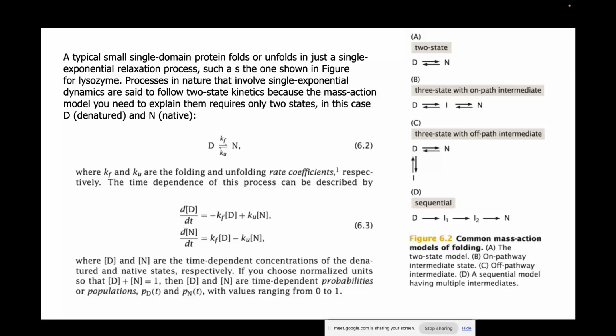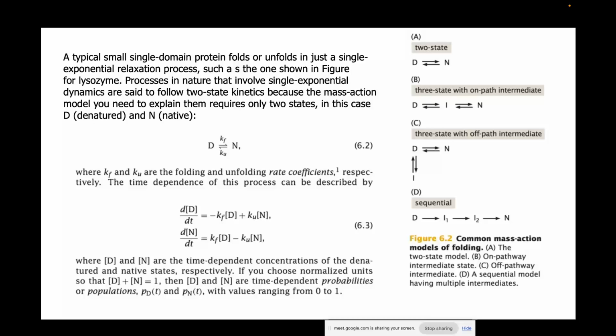If you choose the normalized counts, then D and N are time dependent probabilities of populations, PD(t) and PN(t), with values ranging from 1 to n. So basically you can replace the D here with some probabilistic function, some distribution from which it can sample randomly between 0 to 1, right? So on the right hand side